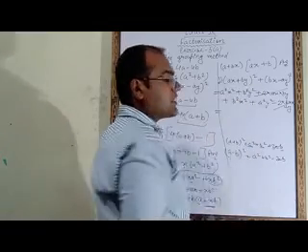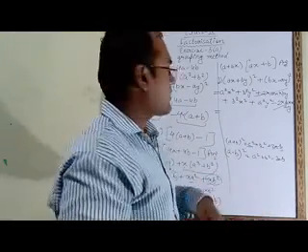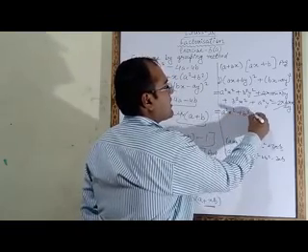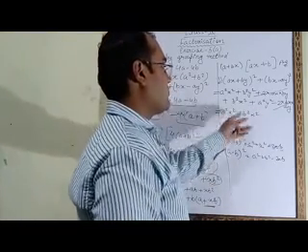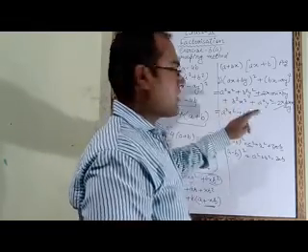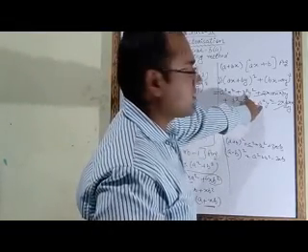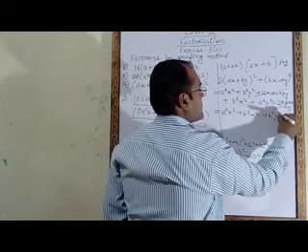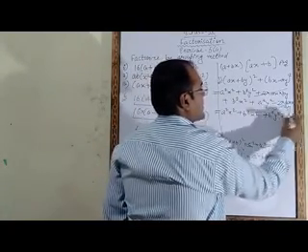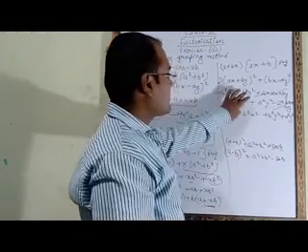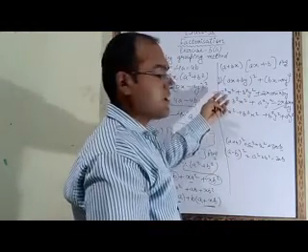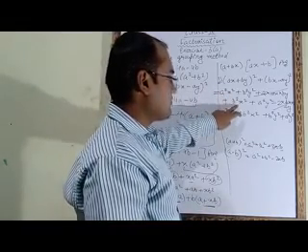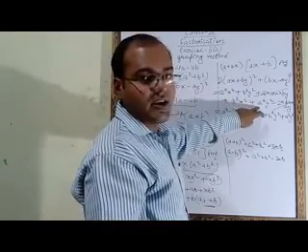From these two nothing is common. So what we will do? We will make grouping. With this a square x square we will take b square x square, because from these two we will get common x square. That's why we will take these two together and these two numbers together. So plus b square y square plus a square y square. These four terms are remaining here, but what we had done, we had arranged in a proper order so that we can take common. So with this a square x square we have taken b square x square. With b square y square we have taken a square y square.